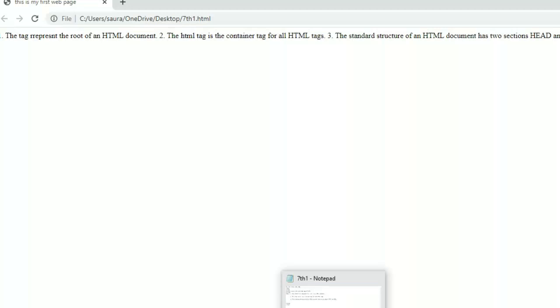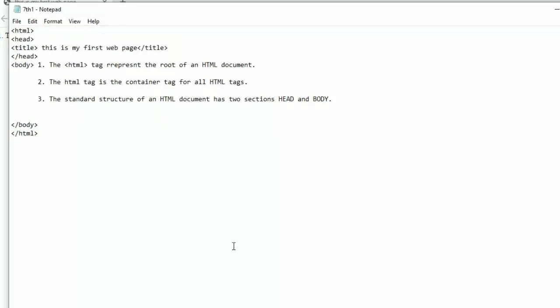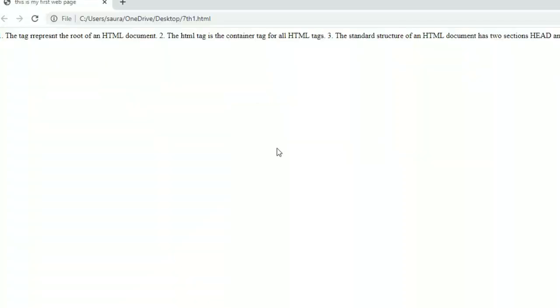So let's come back to our Notepad, and we just use a practical example of the br tag. The br tag is here, and the br tag is also here, then save by using Ctrl S, and go to your web browser and refresh this, and you can see the 3 lines are shown because we used the br tag for line break.